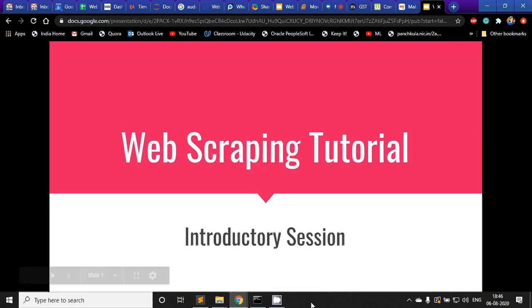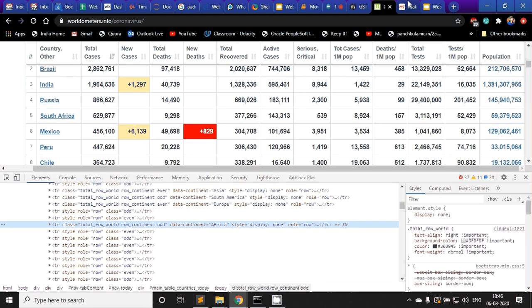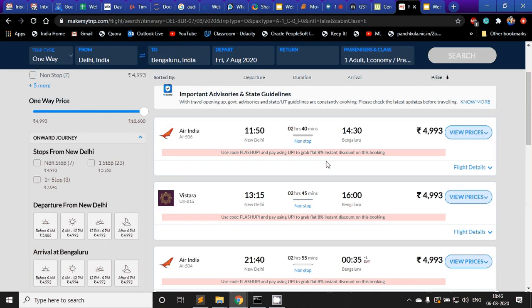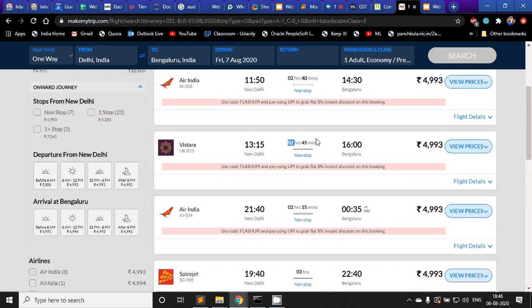Okay. So the first step we do is inspect the structure of the website. We inspect the structure to see that this data is placed here, the prices are placed here, these are the times, what the duration of the whole flight is. Once we inspect this website, we plan a strategy for how to get this data.